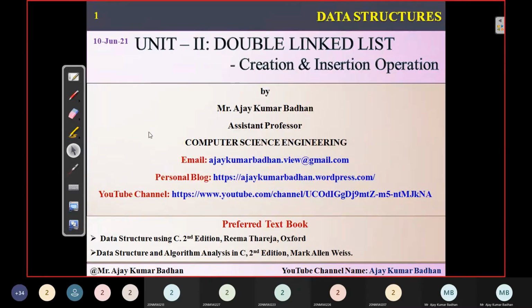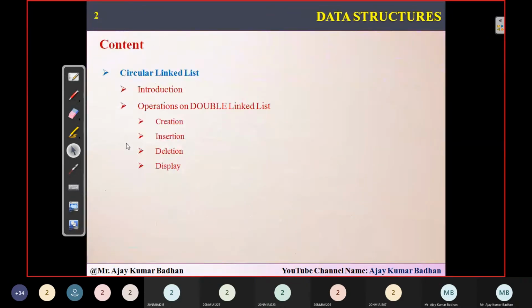Since there are three blocks here, when we write the code we have to fill all three blocks, and only then can we perform the operations. For that purpose, two or three steps are going to be added to the existing code that we have seen with respect to the single linked list, or basically you can consider the single linked list, which is much better.